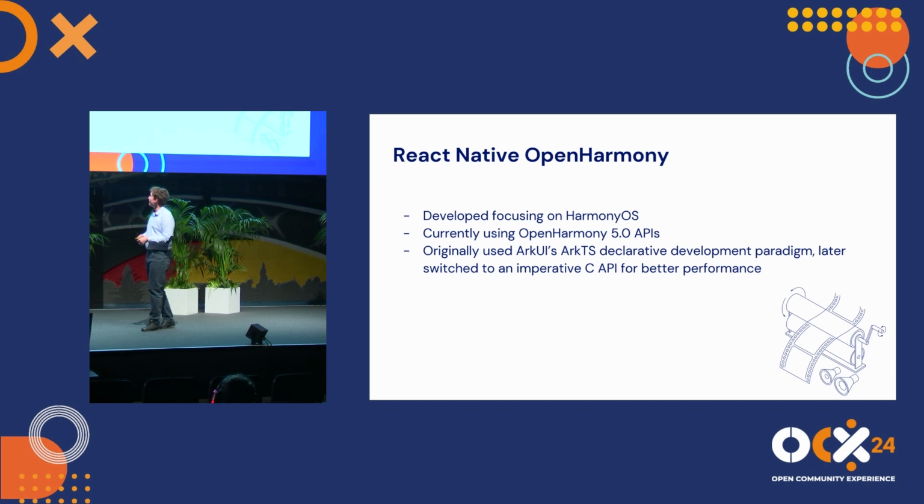And well, we implemented those things. And we have React Native OpenHarmony. So it's a library basically bringing React Native to OpenHarmony-based OSes. It was developed focusing on Harmony OS. It's currently using Harmony 5.0 APIs. So these APIs are quite new, but we really needed them to support all of the different functionalities of React